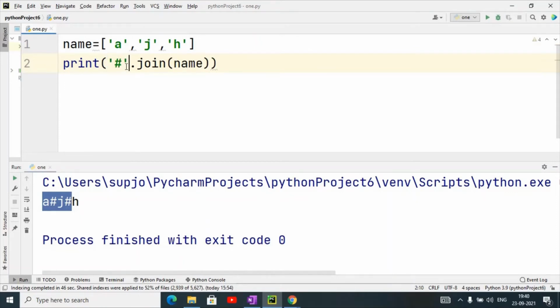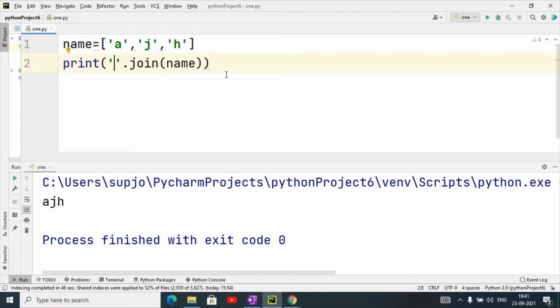Simply, join means joining two things. If you take a blank, it will simply give this list. Now after joining, it converts into a string.